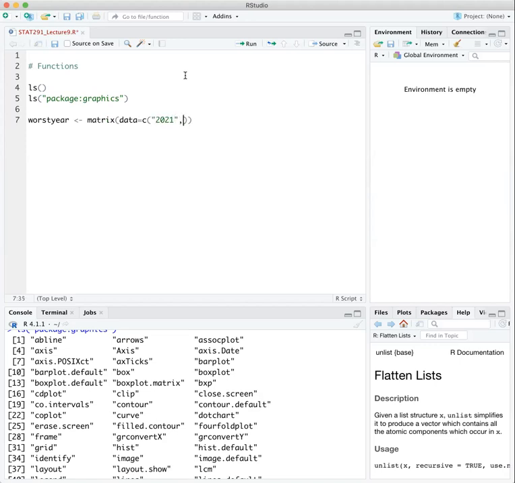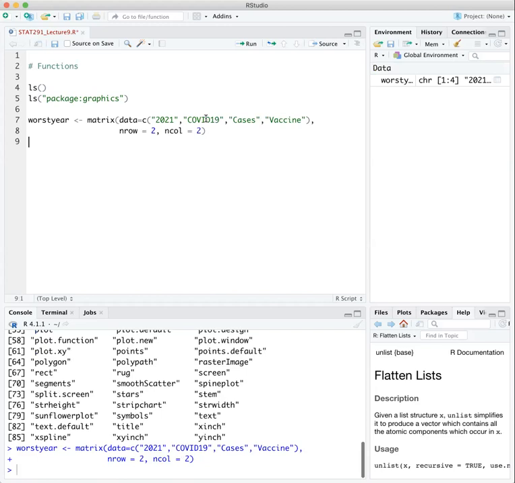2021 and COVID-19 cases. Let me just make it uppercase, and I have it in here. And number of rows equals 2. Let me just add them to the next line. And also number of columns, sorry guys, equals 2 in here, okay? When I run this part,